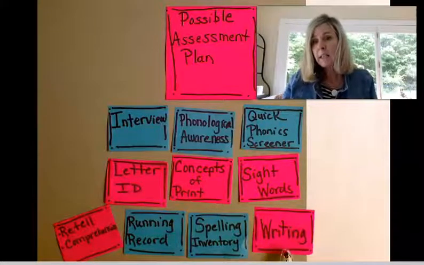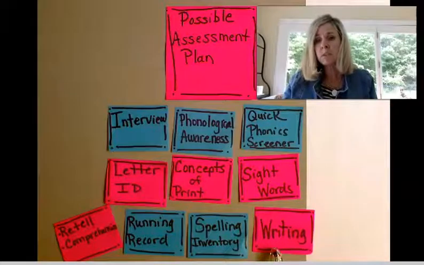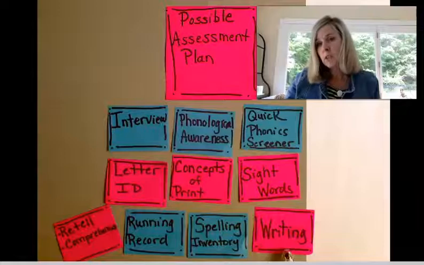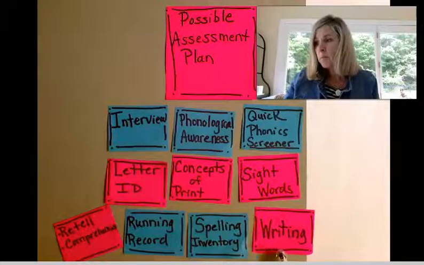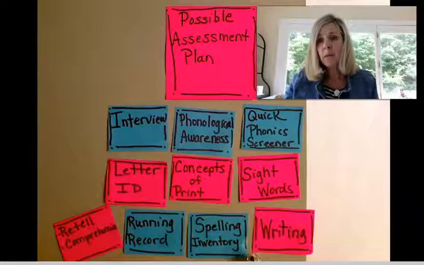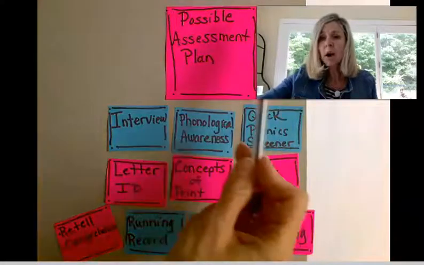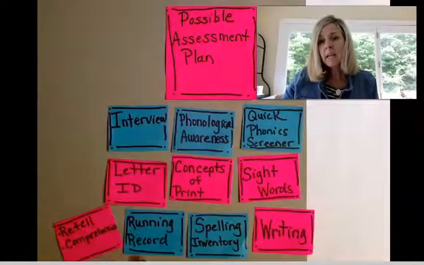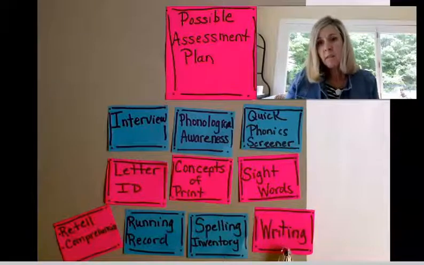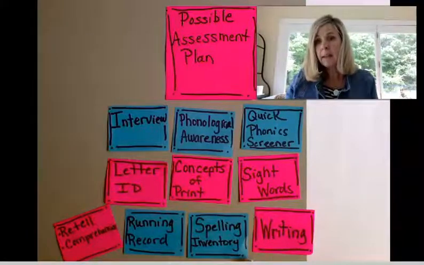If you stick in the lane of a narrative, you may want to use a narrative checklist or rubric, depending on your student, or an informational rubric at that point. So you want to look at writing fluency, writing formation, or are they telling the story with a picture? Where are they at within that trajectory of the writing process? So this is a possible assessment plan. If you feel as though this addresses a student that you have, you may include that.